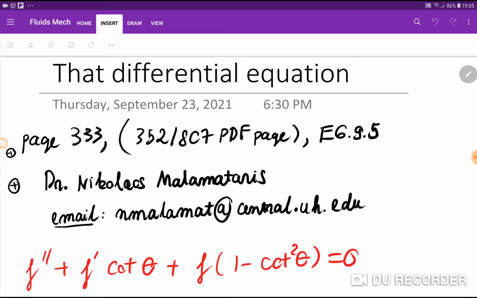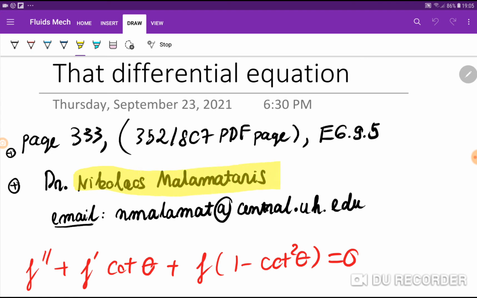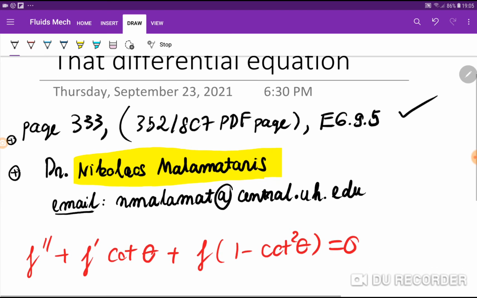Me and Dr. Nikolaus Malamateris, let me say his name correctly, it's mostly him actually. There's one differential equation in the fluid mechanics textbook. It's on this page, right here. I'm intrigued by it, and I asked Dr. Malamateris to solve it. Because if you look at this differential equation right here,